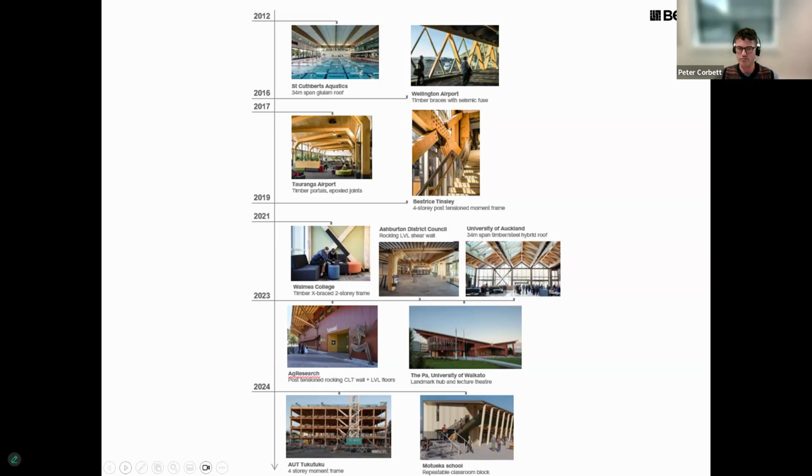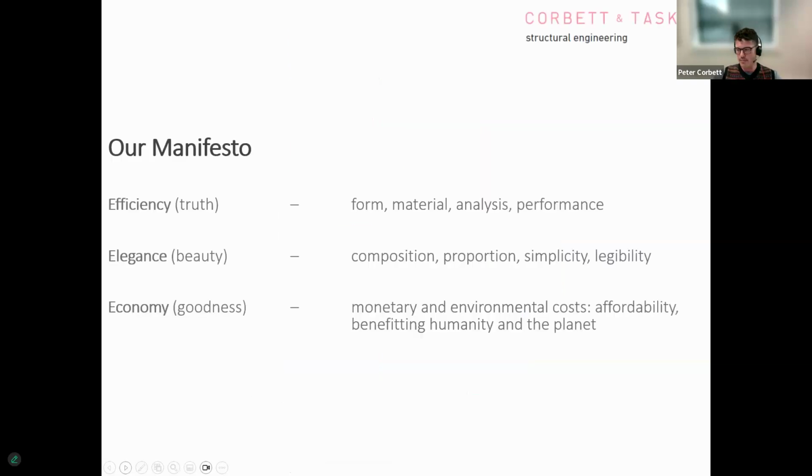Really a wide variety of structures, aquatics, educational, airports, from some pretty special one-off structures to more everyday and pragmatic structures there too. So moving back to today's focus, the team that we created back home in the UK,